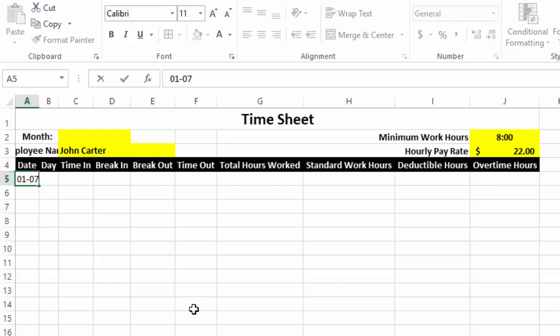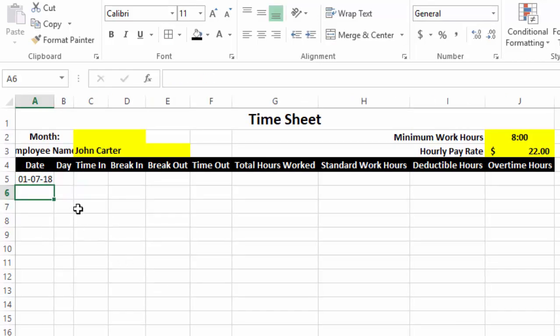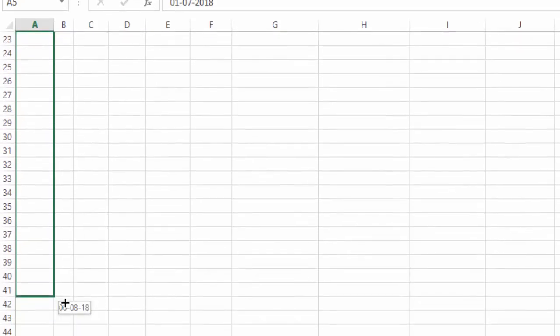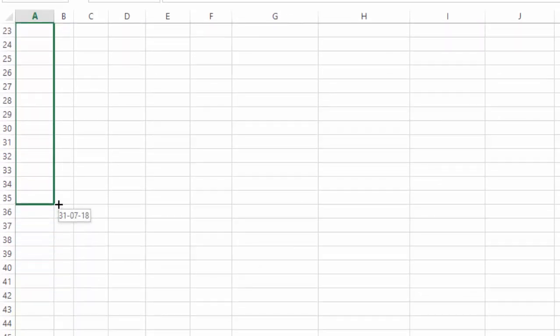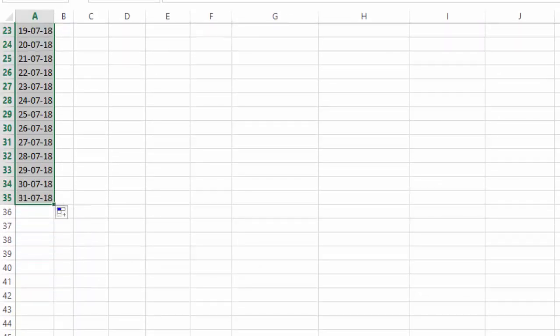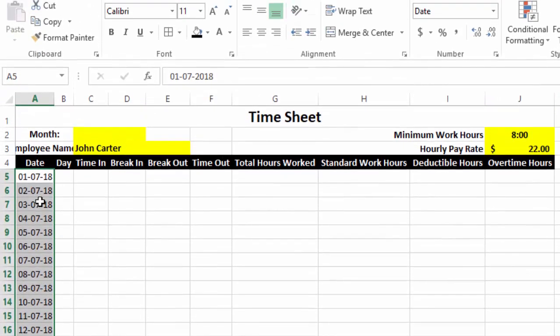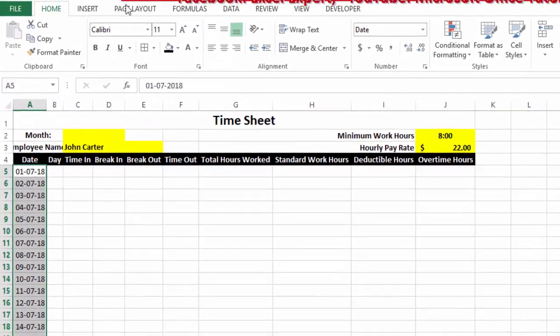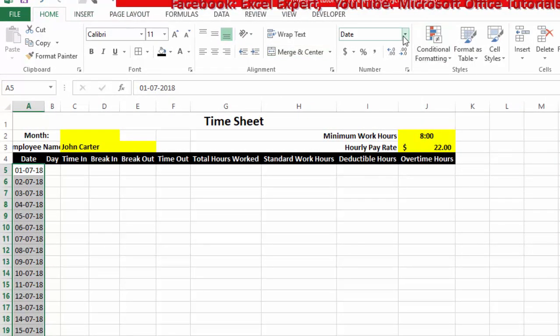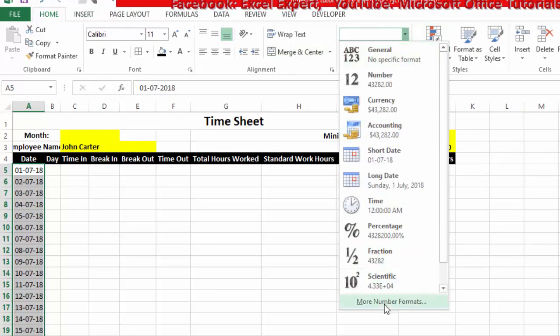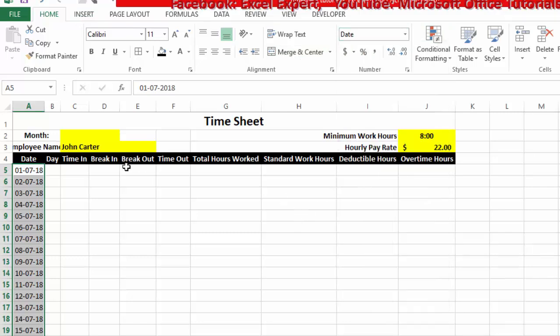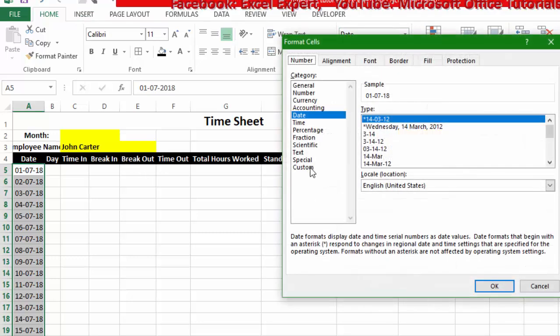1st July 2018, and then we will drag it down up to 31st July 2018. And we will just change the format of these dates. To change the format of these dates, we will go to the Home tab and go to More Number Formats, or we can simply use the Ctrl+1 shortcut, and then here we will